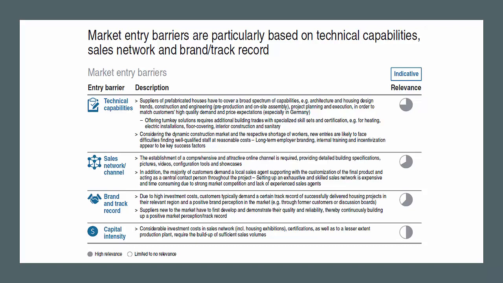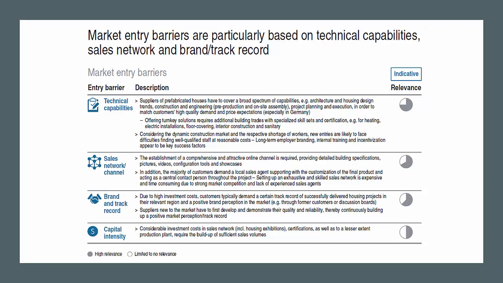You can see here on the right, you have a little pie chart which indicates the degree of relevance of the particular barrier. And the first one here, the most relevant one, is technical capabilities. Suppliers of prefabricated houses have to cover a broad spectrum of specialities and capabilities, for example, architecture and housing design trends, construction and engineering, pre-production and on-site assembly, project planning and execution, in order to match customers' high quality demand